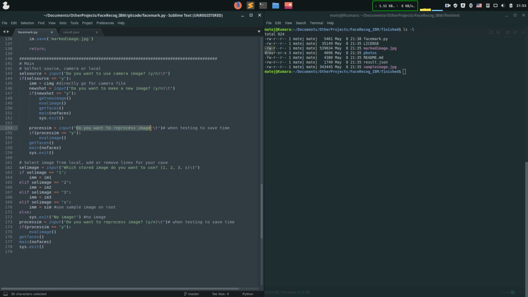I use the reprocess clause 2 times because when I was making this code and debugging, I didn't want to waste time sending the code to the cloud every time. I want to just test other parts of the code, like the main part. So I put this in so I can click any button besides yes or Y to bypass the